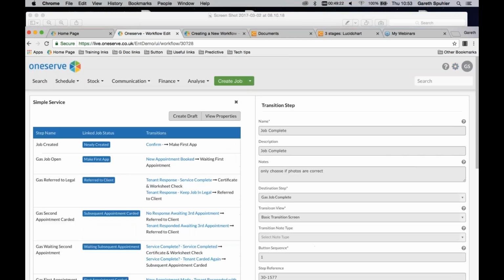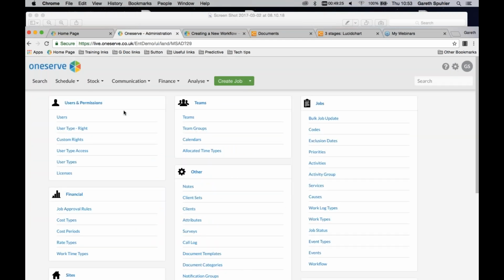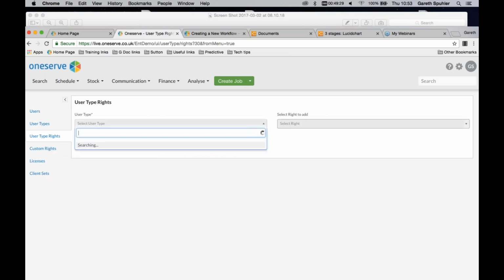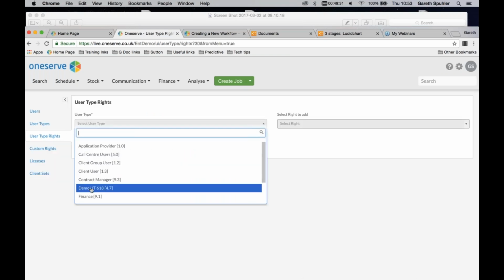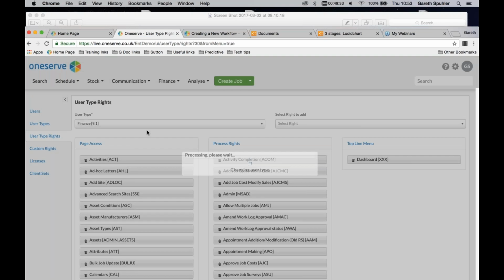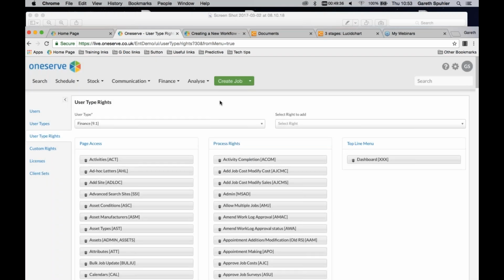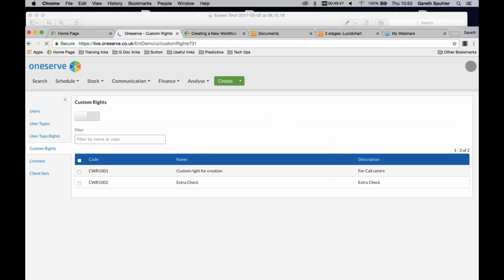So I would then be able to go and look at user type rights and say, okay, if I'm looking at finance users, do they have that right in here? And you can give it a sensible name. So it's just another little bit of customization. So it's really clear who should have access to that transition in the workflow and who doesn't, because you can create the custom right, you can name it, and then you can give it to the user types that you want. Again, I can do that on the fly,